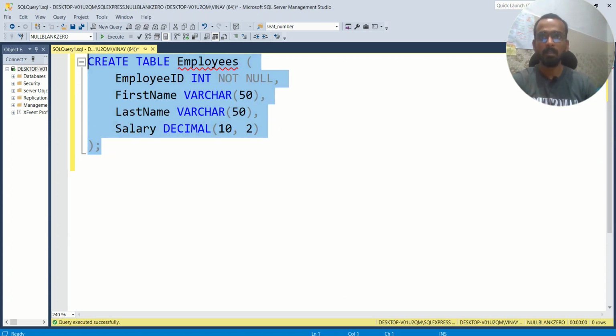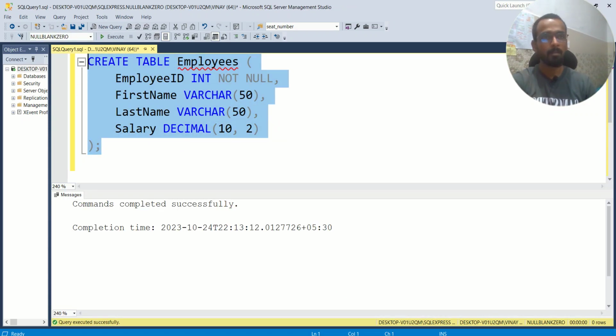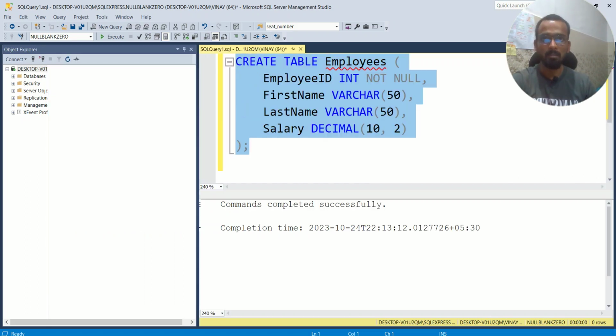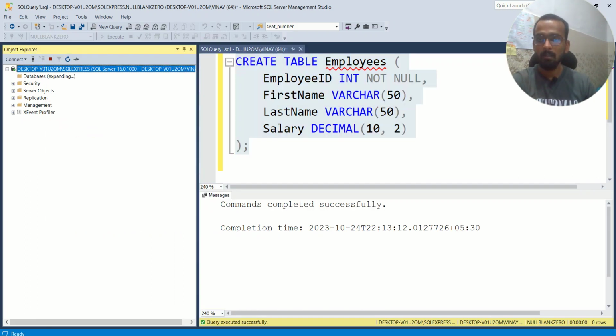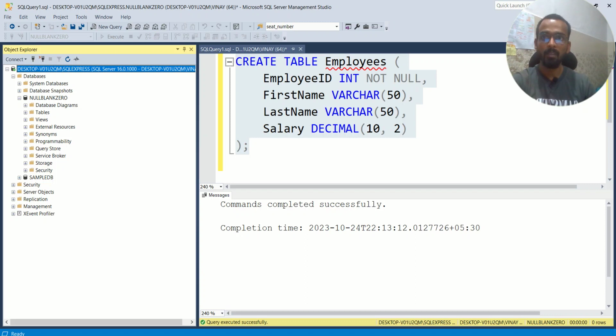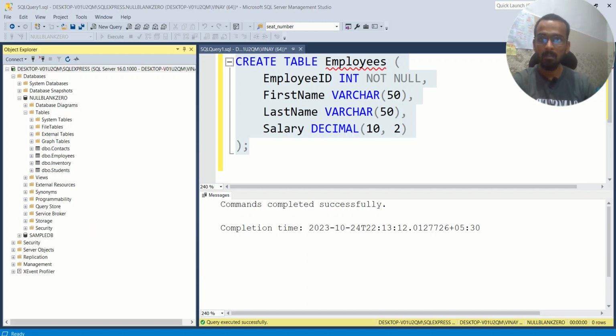I'm running this, and the command is successful, and we can walk through what exactly the table is trying to say. I have created this table, and you can see we have the employee table over here.